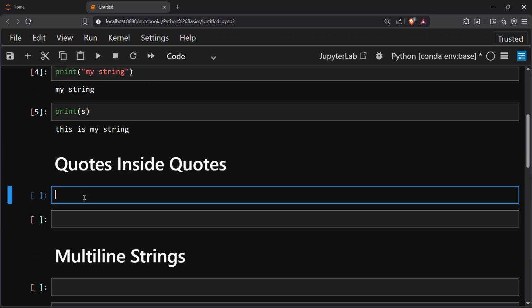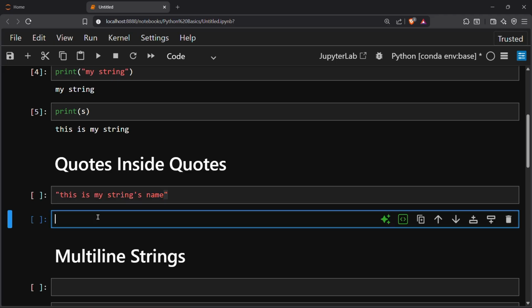Yes, we can write quotes inside quotes in a Python string. For example, I want to write double quotes, and inside the double quotes a single quote will be there. This is my string's name. So this is a single quote inside my double quotes, and the same thing I can do inside single quotes, and inside single quotes I will write my double quotes. This is my